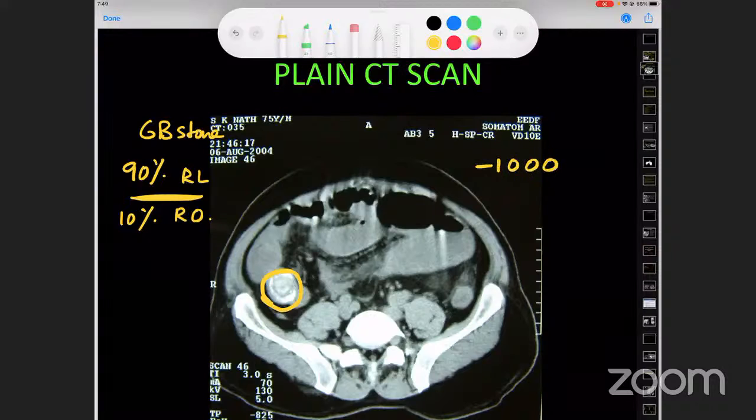You could see the subcutaneous fat here also. Fat is minus 70 Hounsfield units. Water is a neutral structure, and it is 0 to 10 Hounsfield units. The soft tissue in liver and spleen is between 35 to 45 Hounsfield units. Blood is denser than that, 55 to 60 Hounsfield units, and the stone, depending on the density, is in between